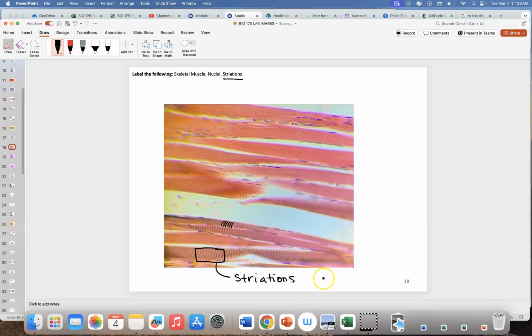If skeletal and cardiac muscle both have striations, we have to have another way to tell them apart. And one way is by looking at the cell and seeing, is there one nucleus or many? In a skeletal muscle fiber, we have many nuclei. They are multinucleate. For example, if we focus in on this skeletal muscle fiber here,